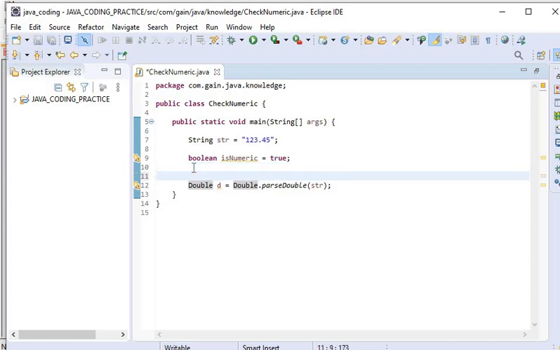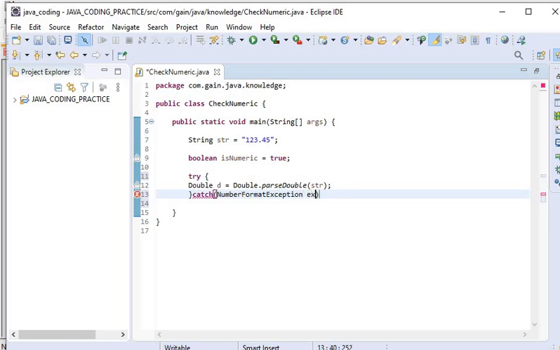If it is not throwing any exception, then we can say it is a valid numeric value, and if it is throwing an exception, then we can say it is not a numeric value. NumberFormatException will be raised if we are not passing a number. And if the exception is raised, then isNumeric will be false.